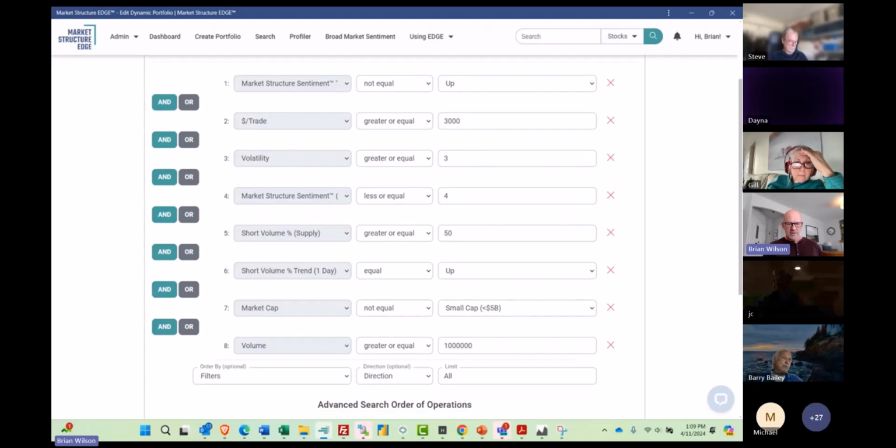Another way you can do a similar portfolio, that our other Barry has had success with, I don't think he's on the call today, is he'll take 9s and 10s, and then as they start to move down from those levels, that's when he will start to short those. Once again, this is just mine, but there are other ways of doing it. It's basically just the opposite of divergence.